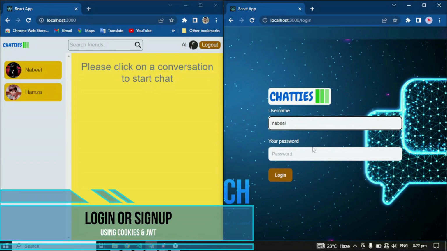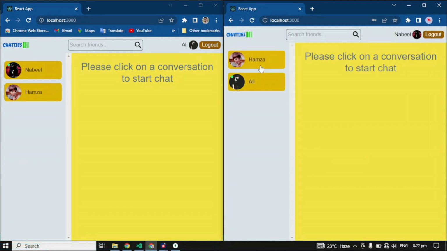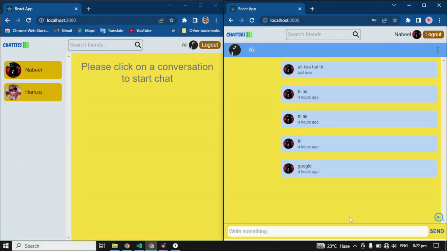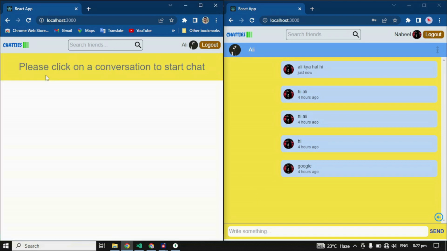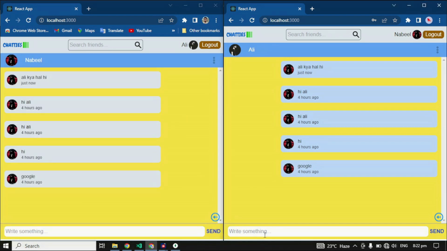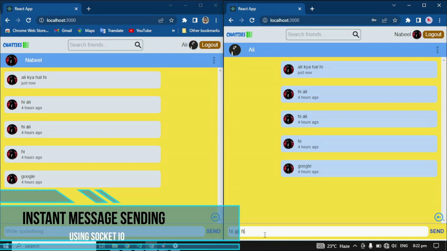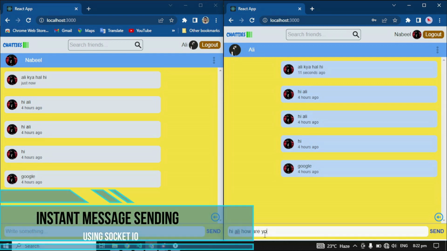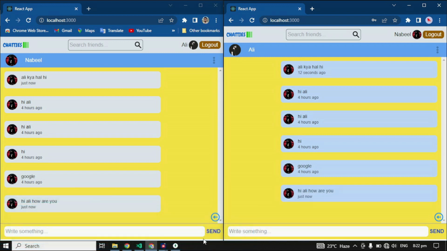Hi, my first project. It is a chat application in which you can send messages to your friends instantly. You can search for your friends and send messages. Basically, Socket.IO is integrated, and that's why instant messages are going. It's sending